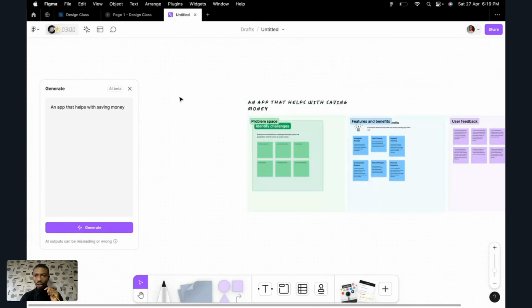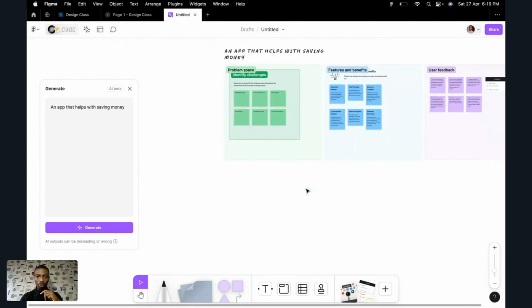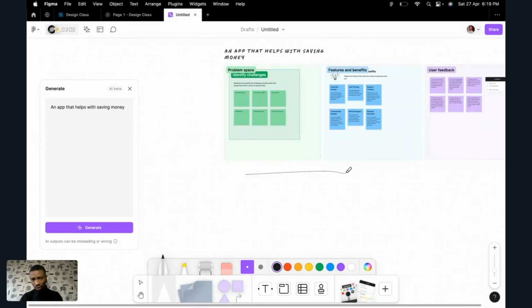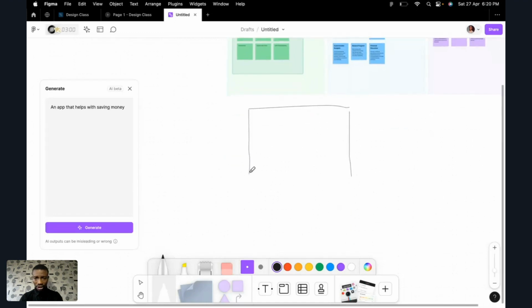So, but this is FigJam. This is all we do in FigJam, where we come up with sketches and some other stuff like that. This is the pencil, where you can use this pencil to sketch one or two. I'm not going to be leveraging on or teaching much on FigJam. I'm just going to be doing more on Figma. I'm just trying to show us what we can do here. You can just come up with